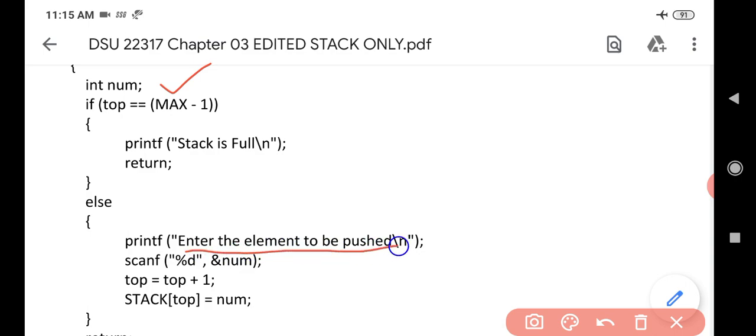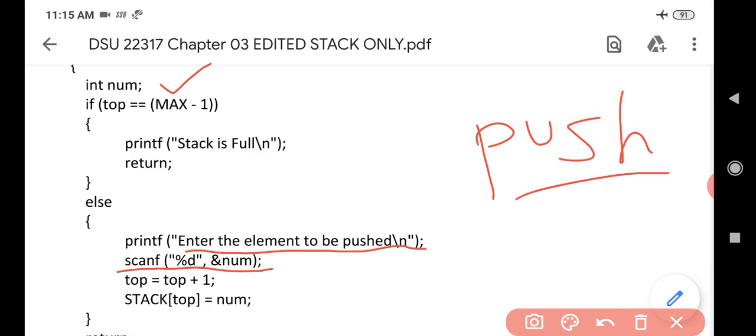For example, I have written here printf, enter the element to be pushed, right? So scanf ampersand num. In this way I am reading the number which I want to insert into the stack, but we don't use the word insert, we use specifically push, right? The name for inserting a number in a stack is push.